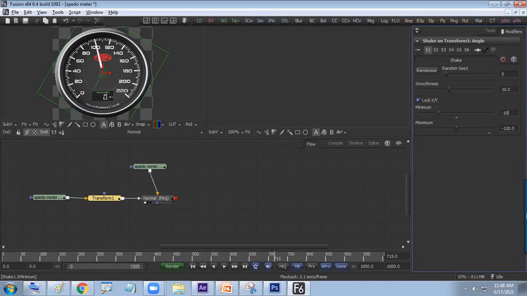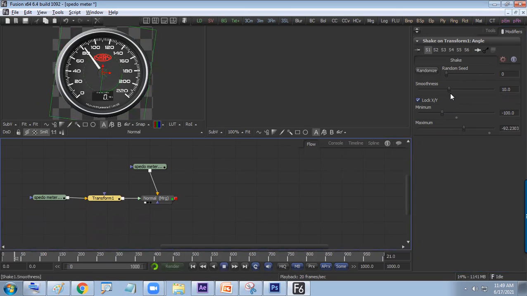And minus 100 by minus 100. Now the range has come up, then 10 degrees inside and outside, the fluctuation can be done. So hope you got to know how to find the range, then change the smoothness and start vibrating.